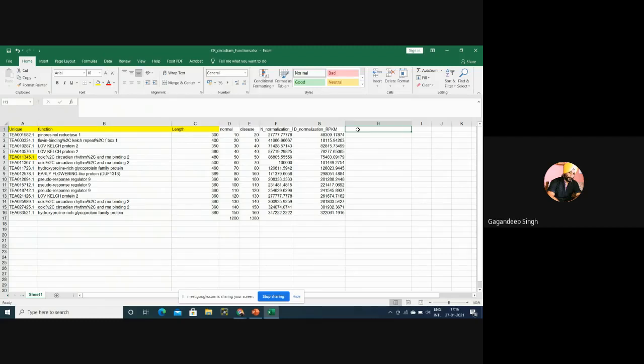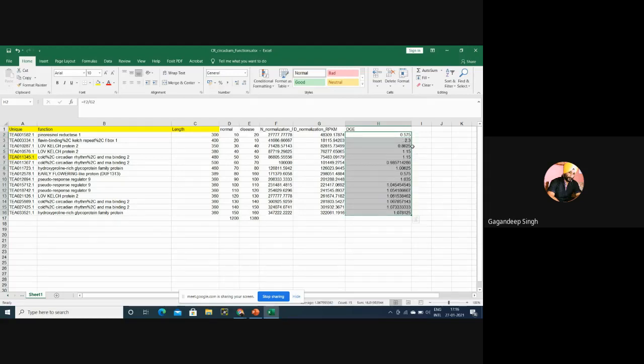Now see which gene is overexpressing and which gene is down regulating. Just calculate DGE. If I am calculating normal versus disease, then this is normal condition divided by this is disease condition. Enter. This is 0.575 normal versus disease.